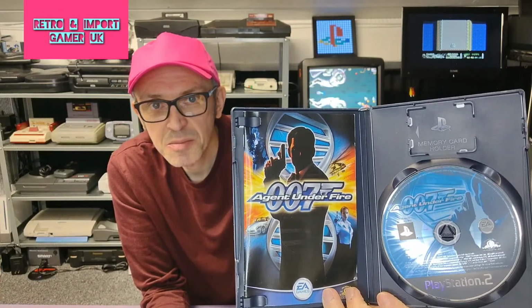Now again, I've had a quick go on this, and it seems quite good. Again, reasonable condition, and again it was around the same price, £2 I think. But yeah, I think I prefer Everything or Nothing to both of these, but I've only played the first couple of levels. But, you know, not bad games for the money. You can't go wrong really, can you? So I think that then left me needing... I think there is a Quantum of Solace in there. Anyway,